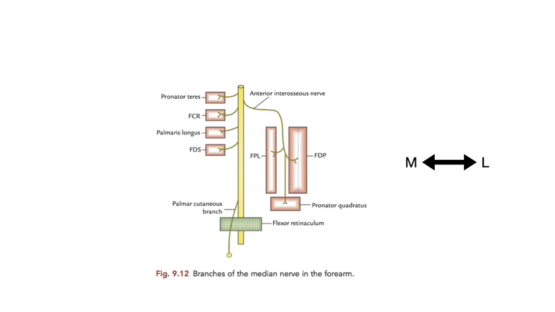In this diagram, the median nerve has given a branch, and the anterior interosseous nerve is also shown, which is going laterally and supplying the deeper muscles, and medially more branches are supplying the superficial muscles. Because of this, surgeons consider that the lateral side of the forearm is safe to operate, as there is less chance of nerve damage. That is why it is known as the safe side. The lateral aspect of the anterior compartment of the forearm is considered safe by surgeons.